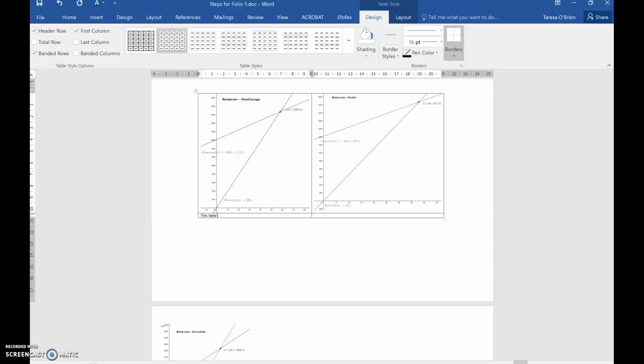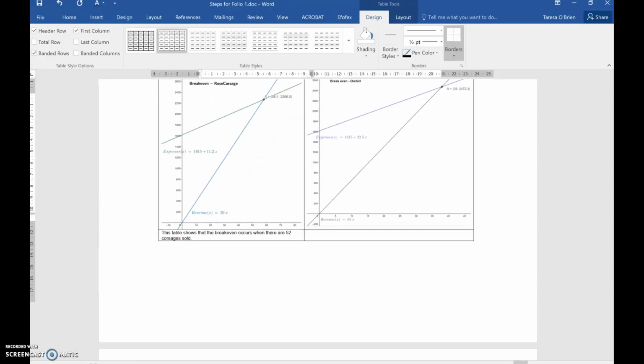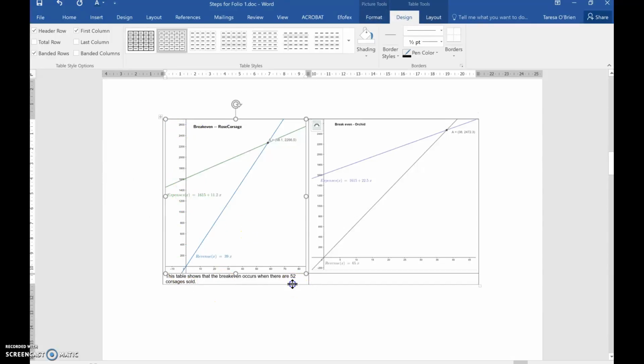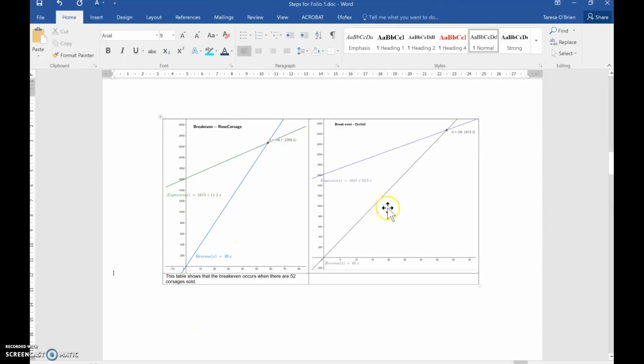So I might want to write: this table shows that the break even occurs when there are 52 corsages sold, etc. And you can just write whatever you like in there. And you could put in another row and put a heading row if you want to, and you can play around with it. Another thing that I really like to do in this format is you've got your two tables,